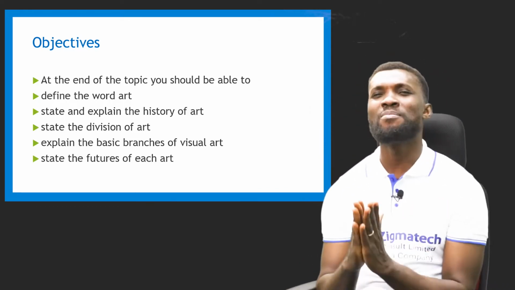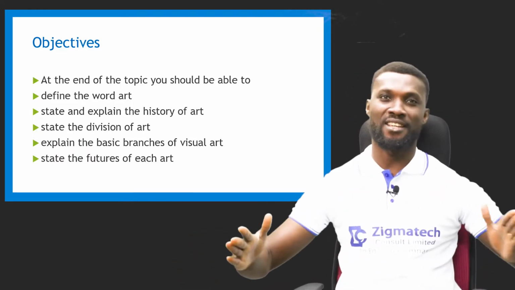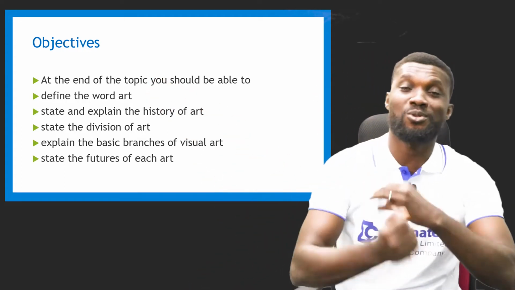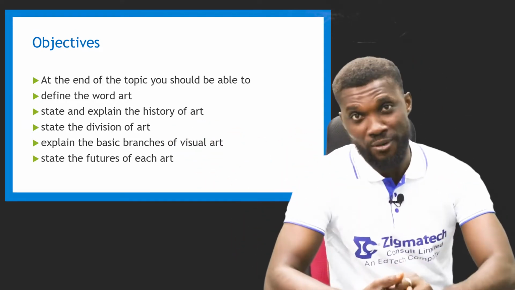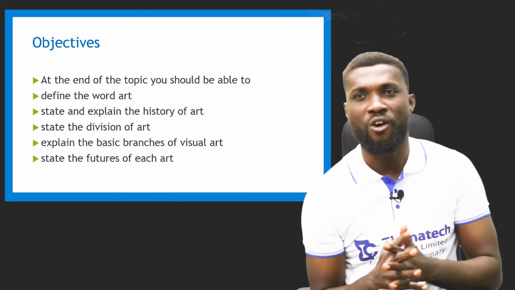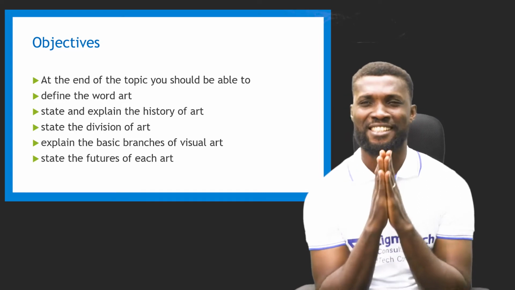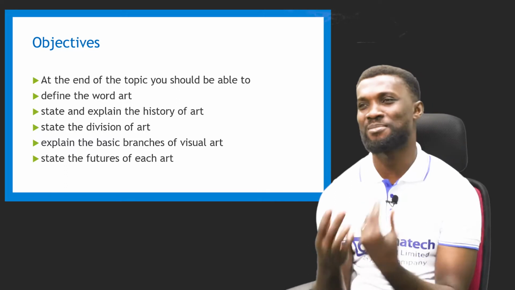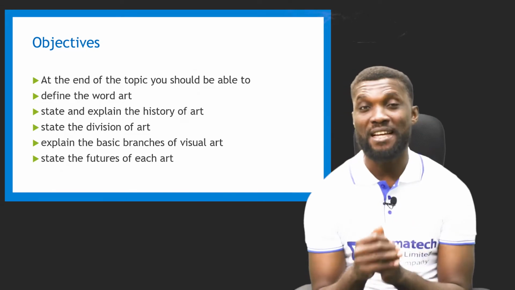Number four is the branches of visual art. Under this broad art, it has branches, like a tree: you have the stem and then it has branches. We're going to talk about each and every one of those branches during the course of our lesson. Come on now, relax. You will not be bored, I promise you. And then finally, we are going to also look at the futures of art. Why will I spend my time studying art? Why will I waste my time learning this? All these are some of the things you are going to get by the end of this class.